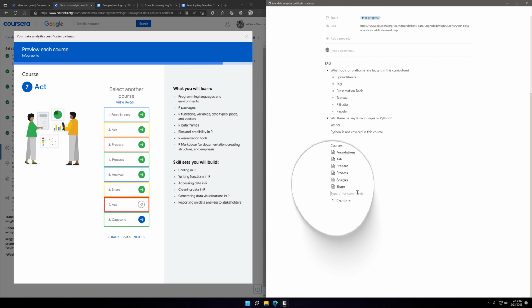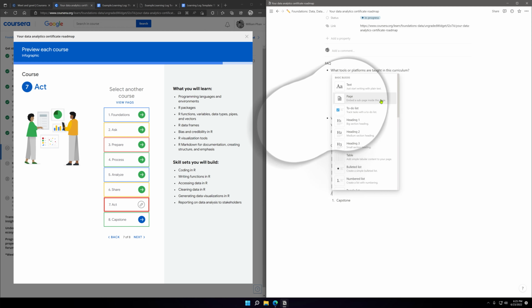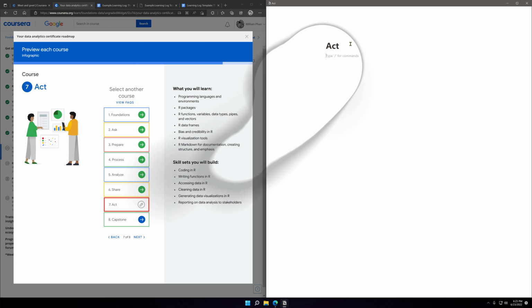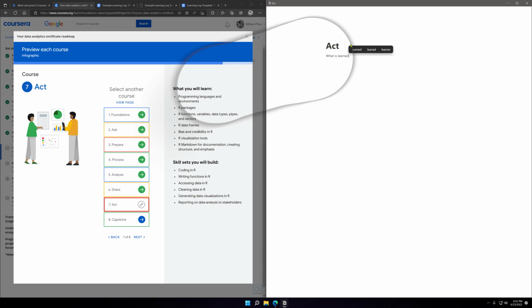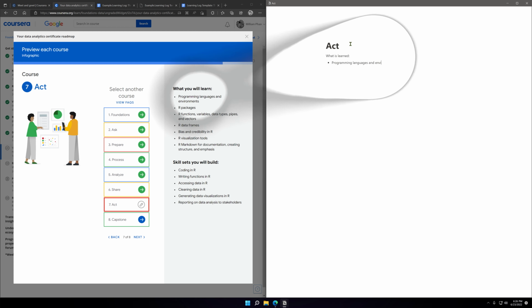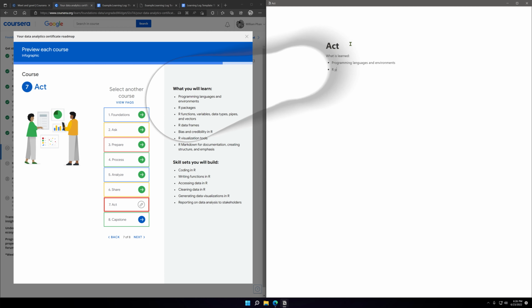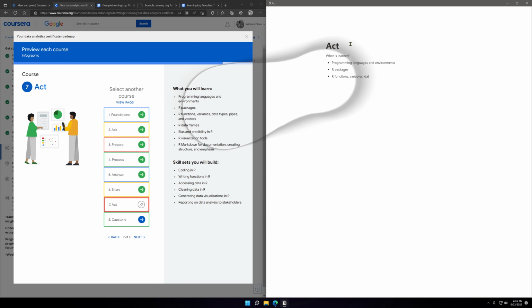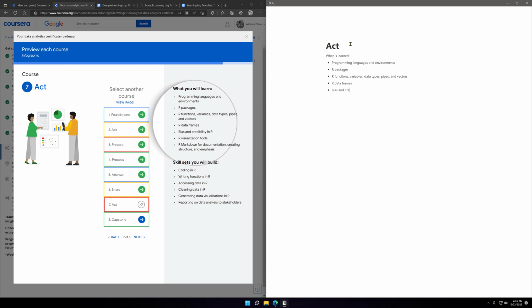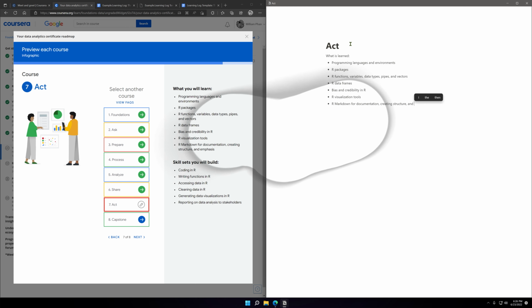Act. Probably learned around R programming language: R functions, variables, data types, pipes and vectors, R data frames, bias and credibility in R, visualization tools, creating structure and emphasis.